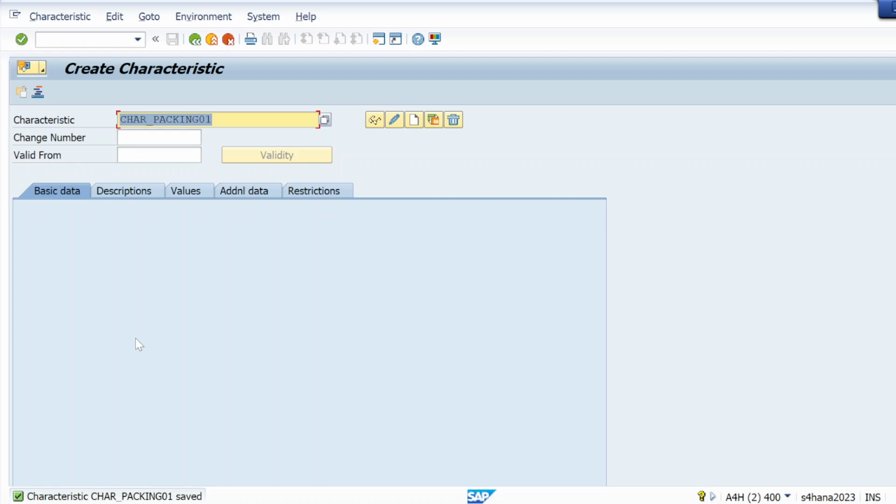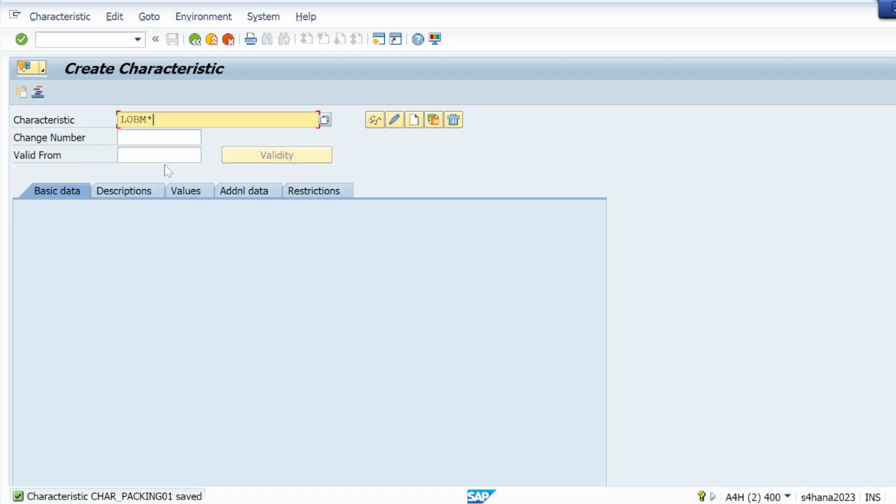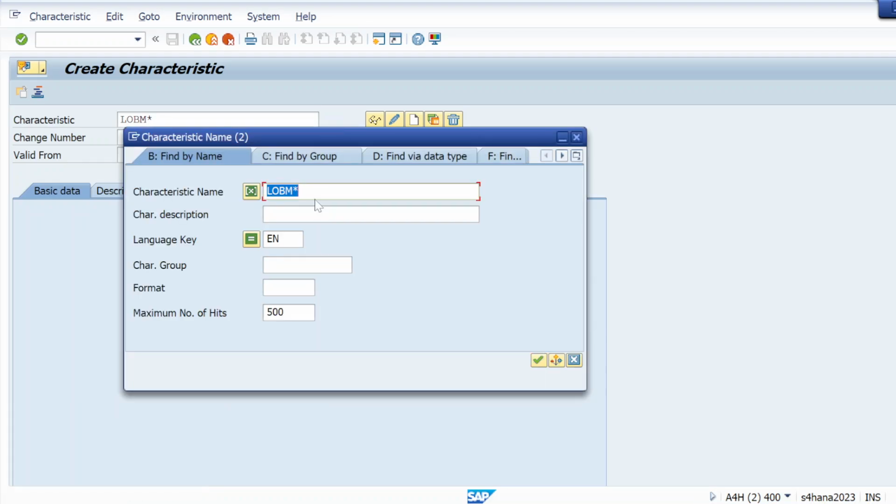Now we will also use some standard characteristics. What standard characteristics am I talking about? One is for packing, one is for weight, but some standard characteristics are also there. Let me show you. LOBM star. Let me search here.